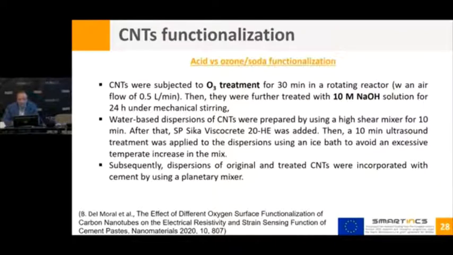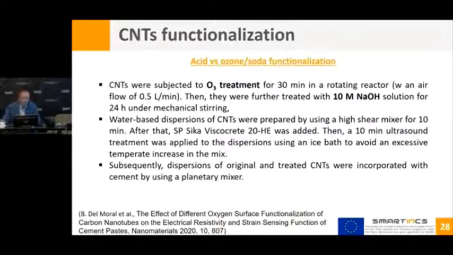Then the last functionalization that was mentioned in the literature. Of course, I don't consider this review a complete review on this topic. It was just because of the available time, to give you some flash of information. So if you are interested or if you are working on this topic, of course, there are other papers, but I selected some of them just to give you an idea, an overview on this topic of the dispersion of